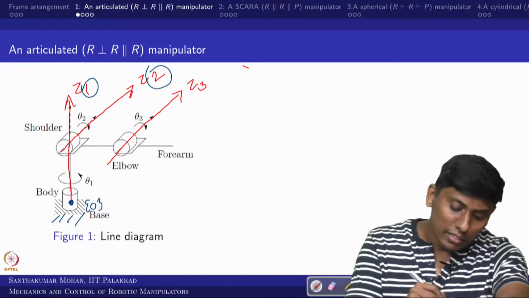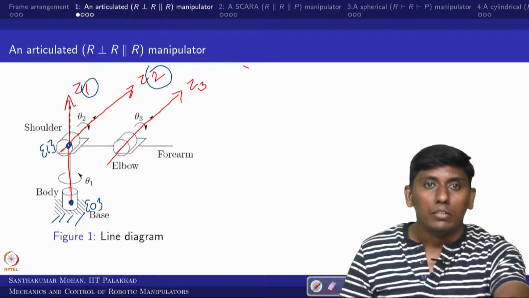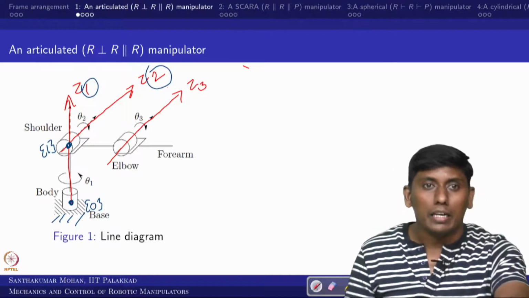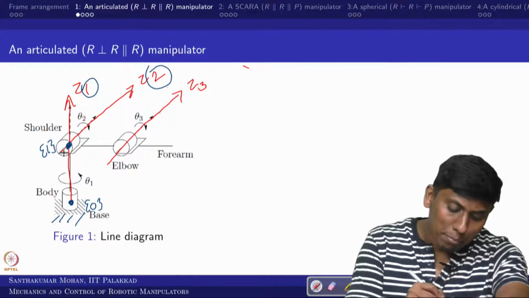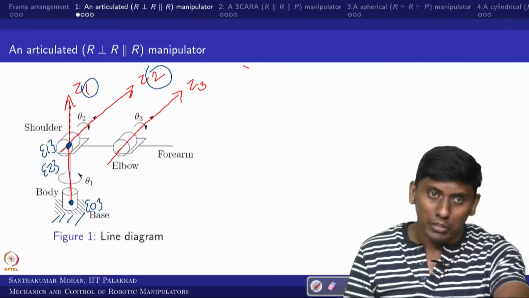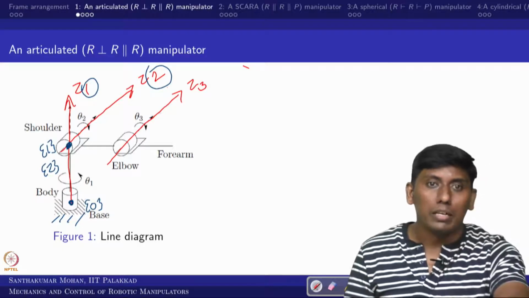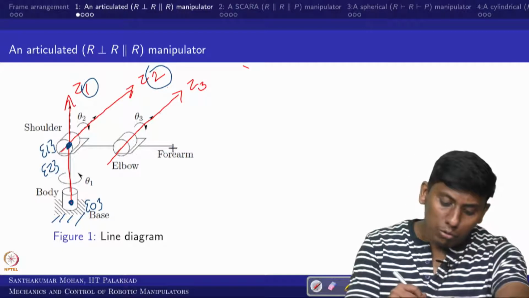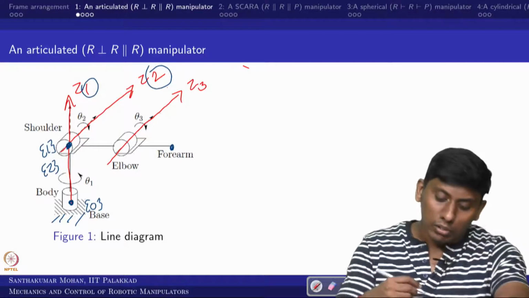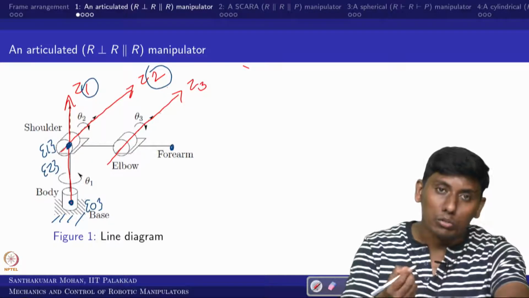In this case it is intersecting, so the intersection point is your frame 1. So now Z2 and Z3 are actually parallel, so you can take a convenient point. I am taking the same point as 2, which gives much more simplicity for me. Further, you call the forearm the final tool, so that tool Z axis you can choose.